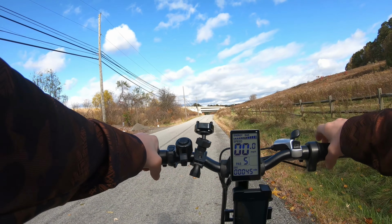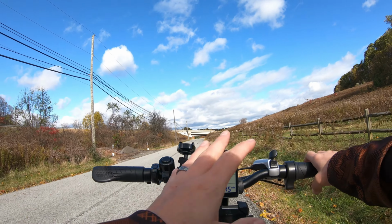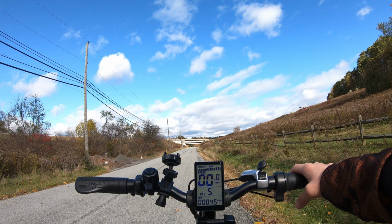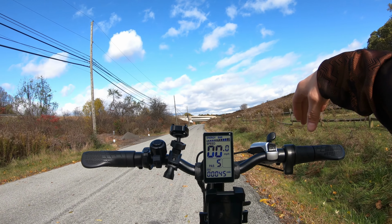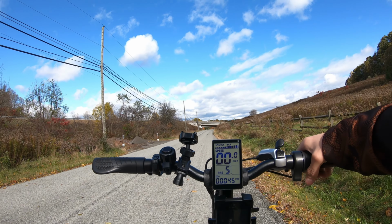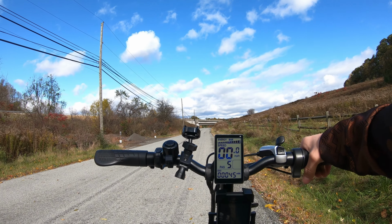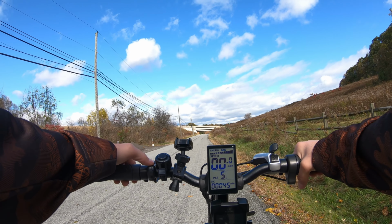All right guys, so to put this thing in cruise control, you don't need to go into your menu and change any settings. It comes factory like this. And I was really surprised about that. Now, what you wanna do is either just use your throttle only and get up to speed. You can also pedal, but you have to use the throttle as well. Once you get up to your speed using your throttle, press and hold the down arrow, and that's going to